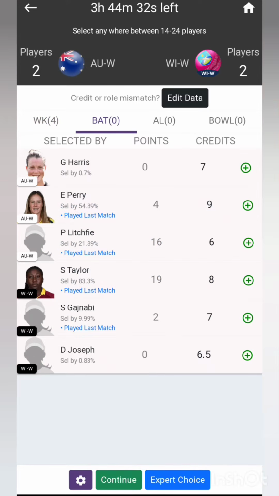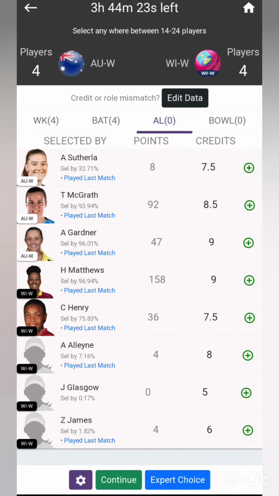Also in batting, let me select all the 4 players. We have 2 players from West Indies and 2 players from Australia, so let's keep it aside. In the all-rounder section we have 7 all-rounders, 4 of them from West Indies and 3 from Australia.